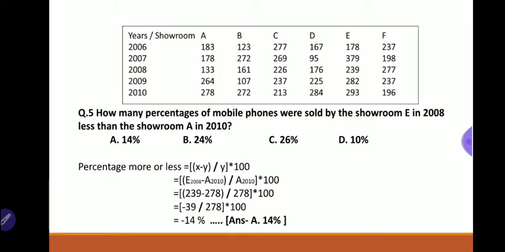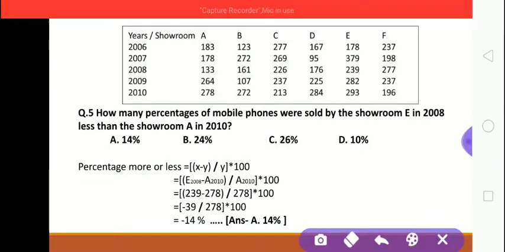Next, what percentage of mobile phones were sold by showroom E in 2008 less than showroom A in 2010? So here the percentage more or less is asked, isn't it? For that we need one formula, that is (x minus y) divided by y into 100. This formula we have understood. So in 2008 showroom E had sold